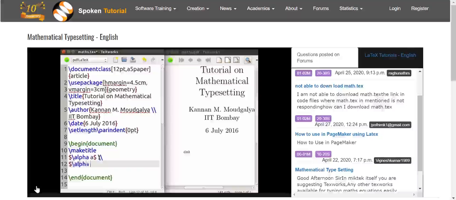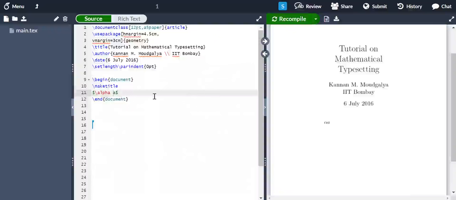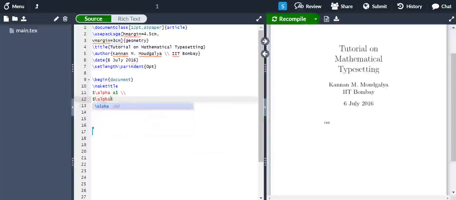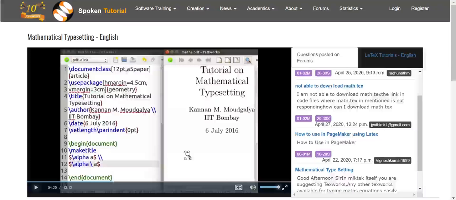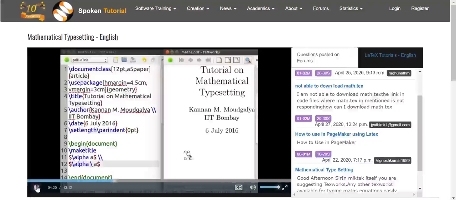Let us write \alpha\space A. Compile it. This has created a space.